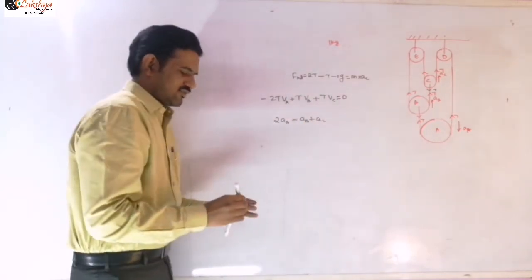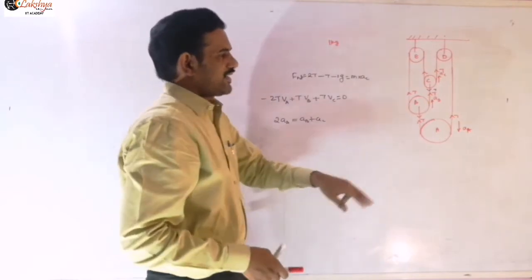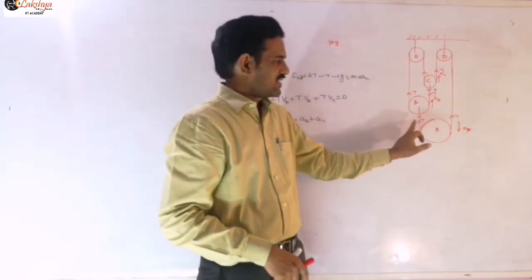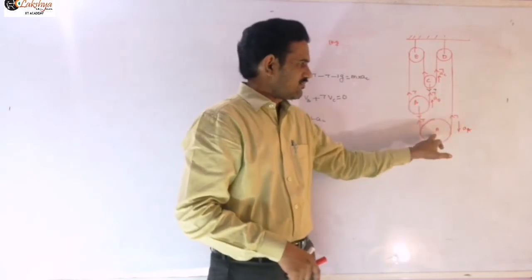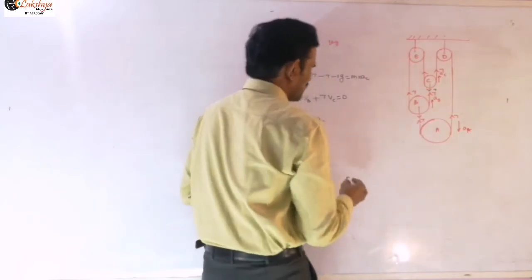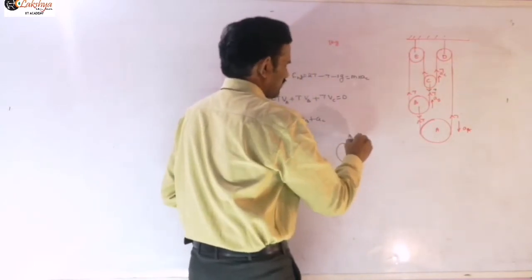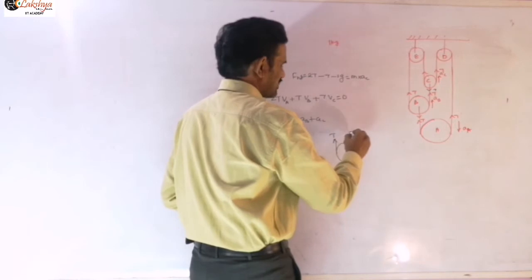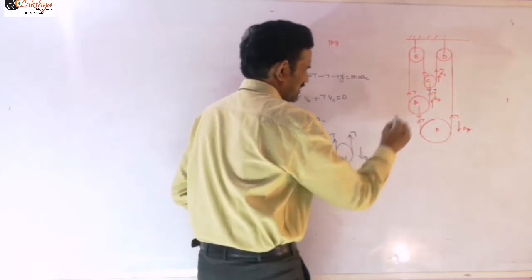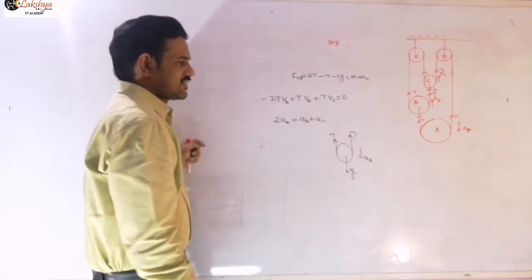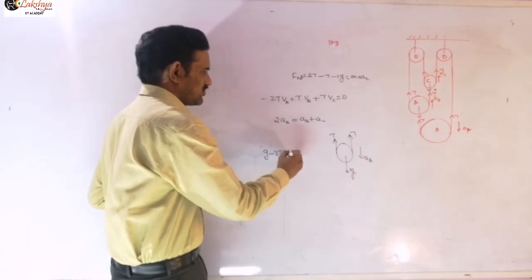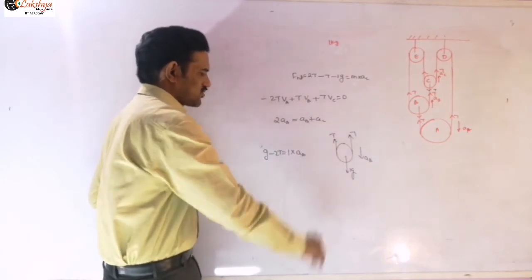Now take the free body diagram. In the free body diagram, you need to consider the weight of this pulley also, in addition to the tension. So here T and T, 2T will be there for example, and this mg will be there in the downward direction. I will write the force equation for this pulley A. For pulley A the situation will be like this: T and T, and 1g downward, and we are assuming the acceleration of this pulley is in the downward direction. Therefore, g minus 2T is equal to 1 into a, the acceleration of A, we need to write.